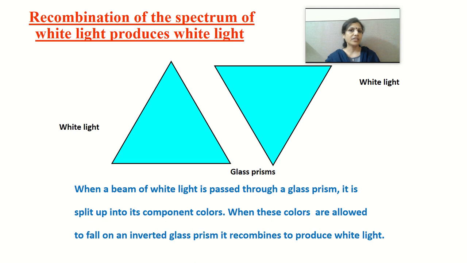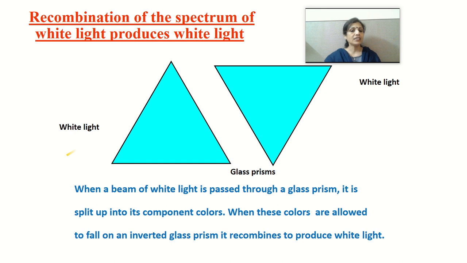This is another very interesting activity, children: the 7 colored light of the spectrum can be recombined to give back the white light. So you see this image which is flashing on the screen. A triangular prism is placed on its base. Another similar triangular prism is placed inverted on its vertex in such a manner that the refracting surface is in the opposite direction. Now when a beam of white light is allowed to fall on the first prism,